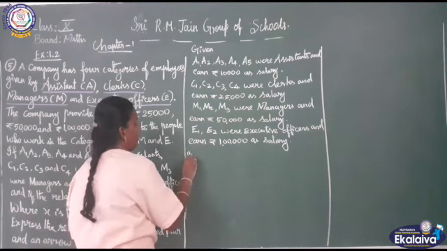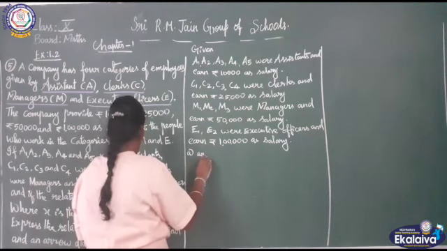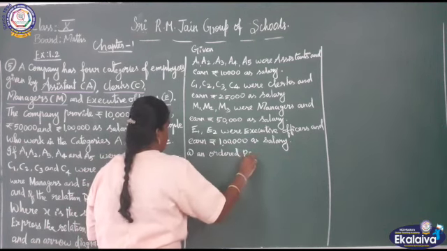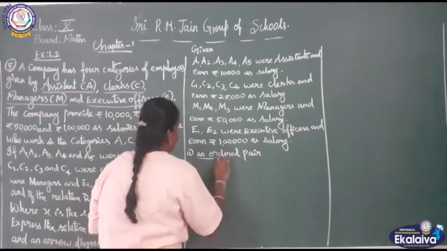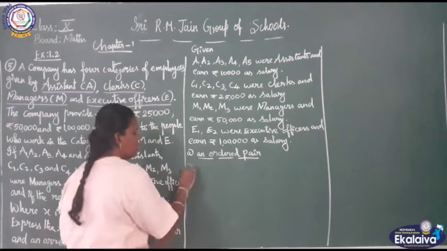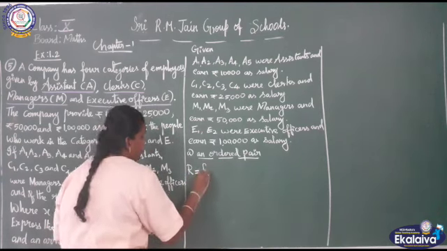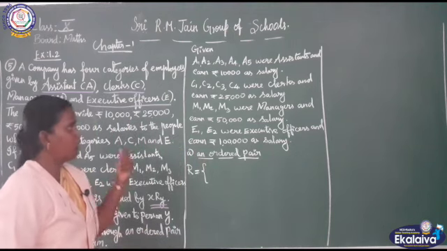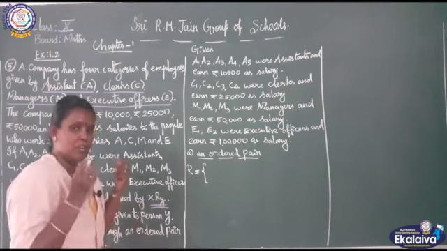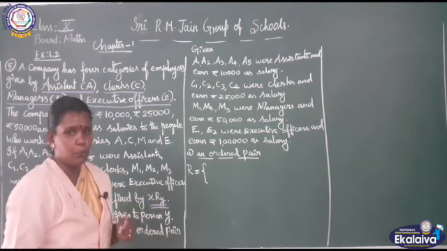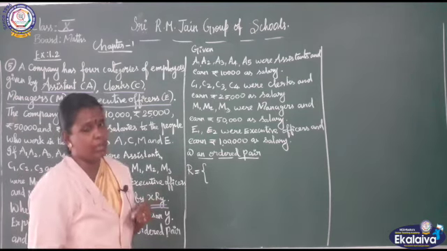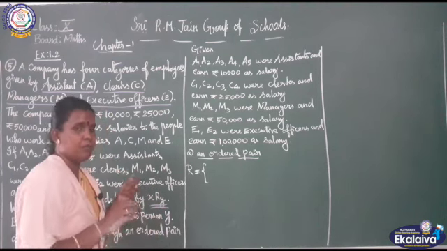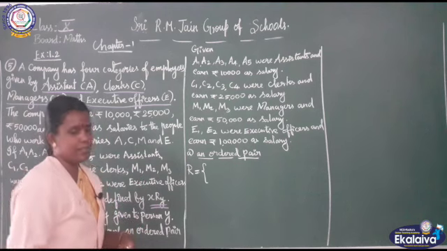option A, which is the ordered pair. We have to mention the set of ordered pairs for the relation. So R equals, we have to mention with the ordered pairs. First we will start with assistant. They told us to mention the relation from X to Y, where X is the salary and Y is the person. So from the salary to the person we have to map as an ordered pair.